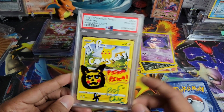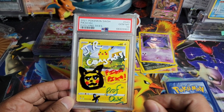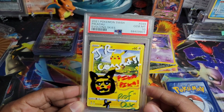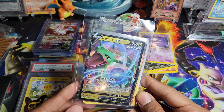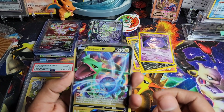But I got this. I told him, just sign it, do whatever you want with it. If anything, try to draw a Pikachu, your best one. And then sure enough, he did it. So that's pretty cool. This is gonna be a real keepsake in my collection. And then he tossed in some extra cards in there. Let's just check them out real quick. So we got a Rayquaza V,